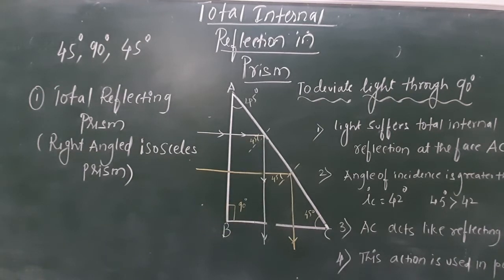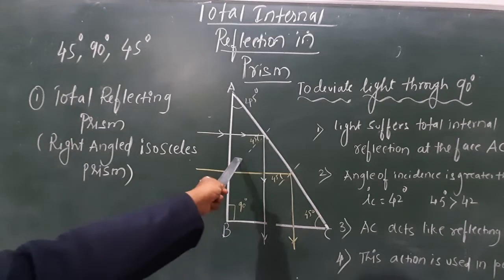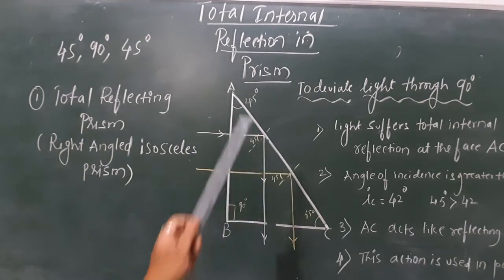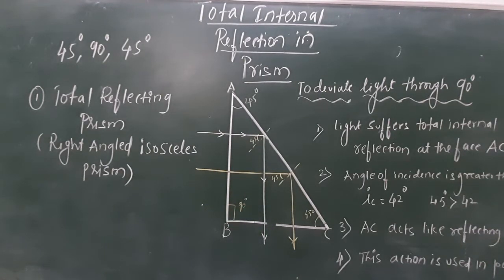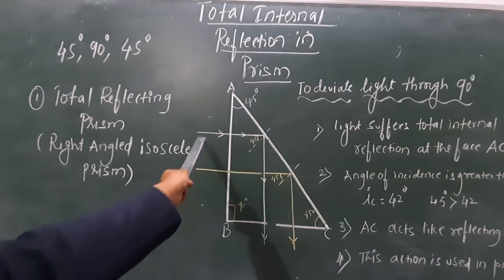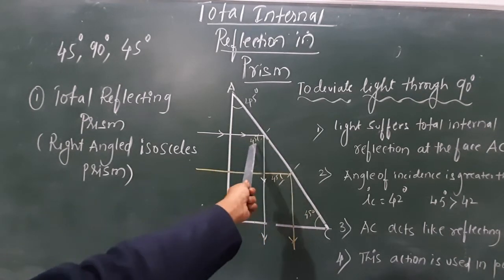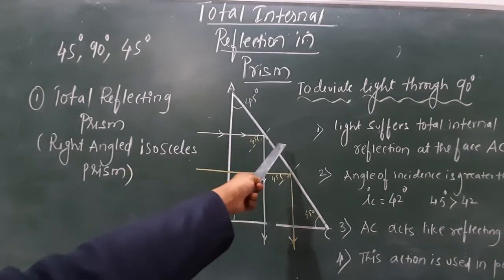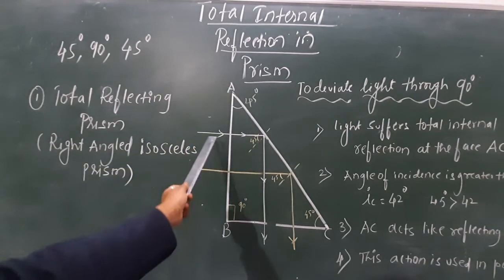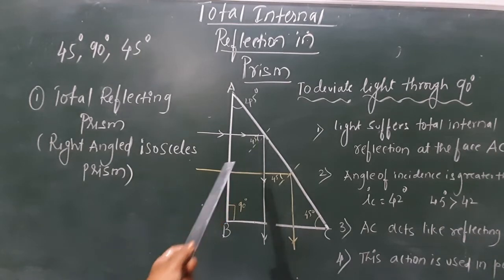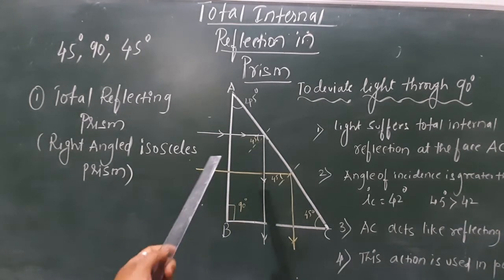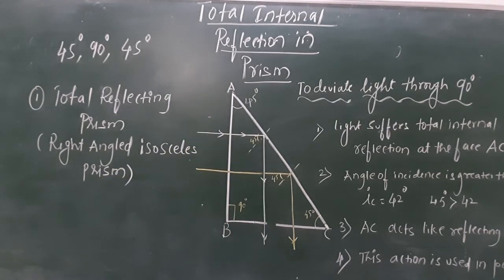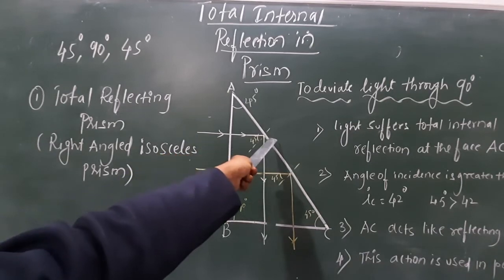The question comes, why does it reflect there? Because this is a transparent medium, so the ray of light should pass out of the prism and get refracted. Instead, we see very clearly it is getting reflected. Why it is reflected depends on the angle at which it strikes AC, which is most important: 45 degrees. Whenever the incident ray travels perpendicular to AB, it goes without deviation, according to the conditions we have learned previously. Whenever you allow the incident ray perpendicular to the refracting surface, it will go without deviation, no problem.